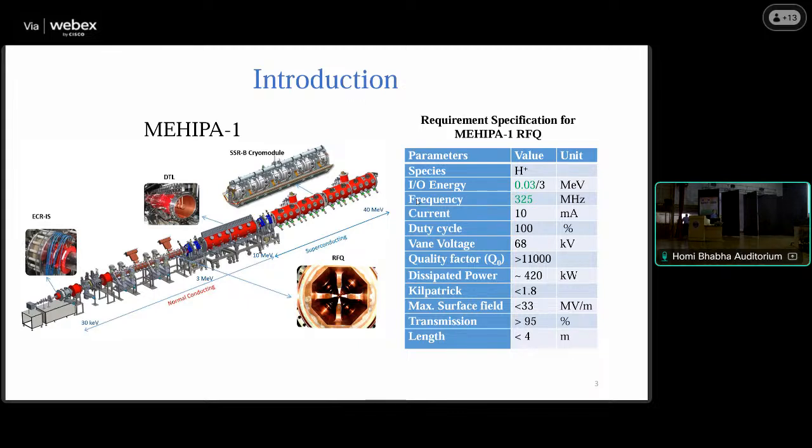Specifically, I want to emphasize the differences between the LEHIPA RFQ, which is successfully operating at the LEHIPA facility in BARC. The basic specification differences are highlighted in green. That is the injection energy, which we have reduced to 30 kV, and the frequency is 325 megahertz. This frequency of 325 megahertz is decided by the SSR1 frequency, and the 30 kV is from our operational experience of the ECR ion sources